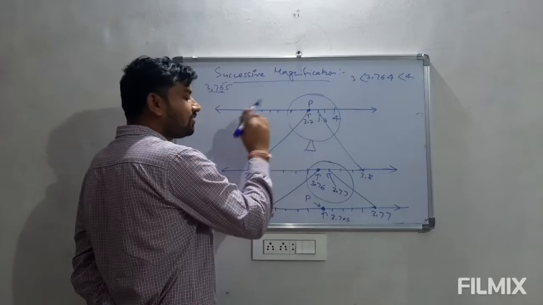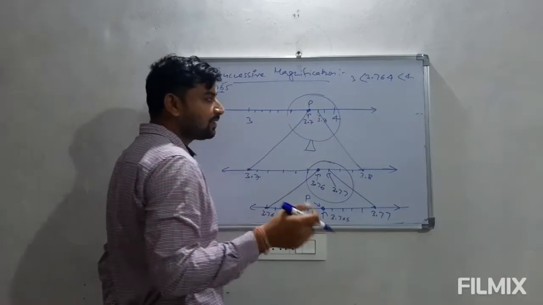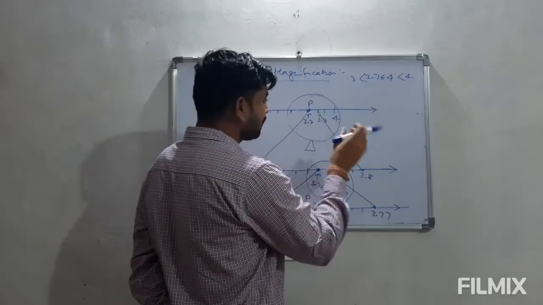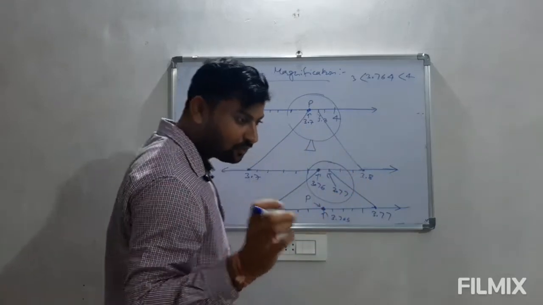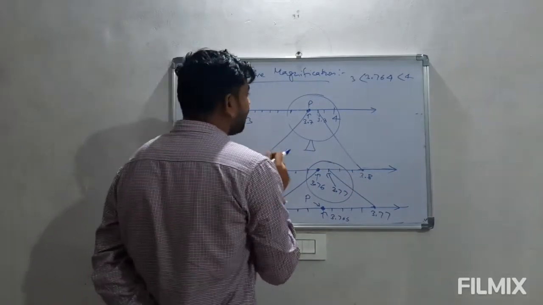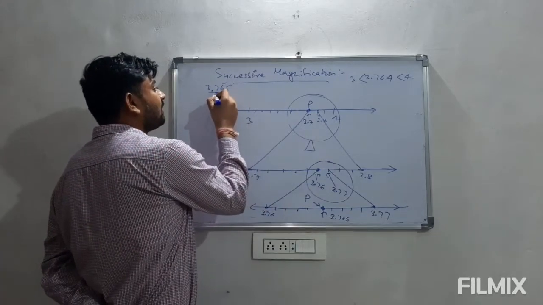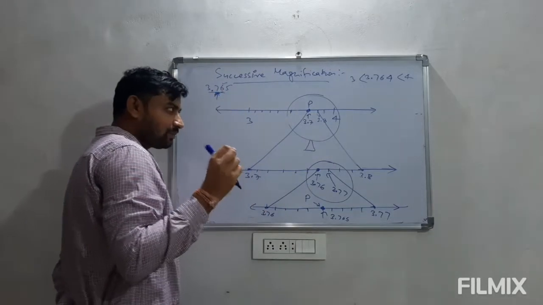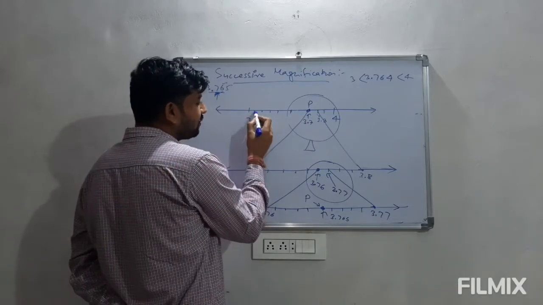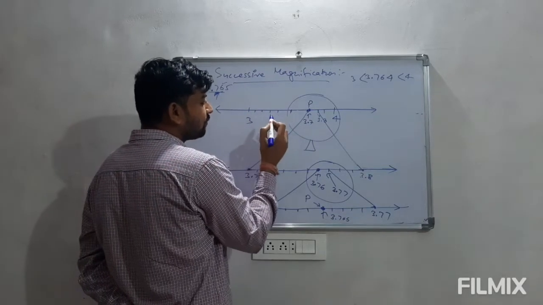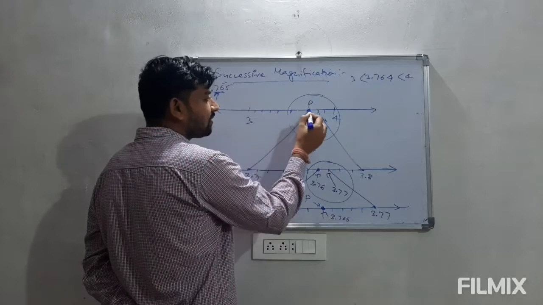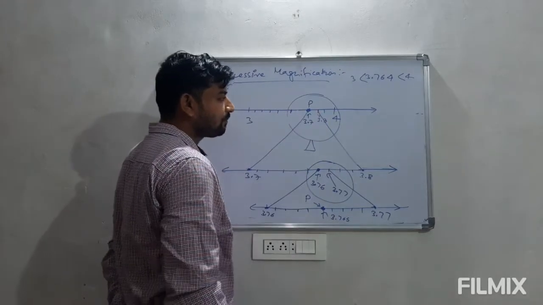Now we have divided this 3 and 4 in 10 equal parts. हमने 3 से 4 के बीच की 1 यूनिट डिस्टेंस को 10 पार्ट्स में डिवाइड किया, and the first digit is 7 here. यहाँ हमारे पास पहली जो डिजिट है वो 7 है, तो हमने यहाँ से काउंट किया 3.1, 3.2, 3.3, 3.4, 3.5, 3.6, and this one is 7, 3.7.